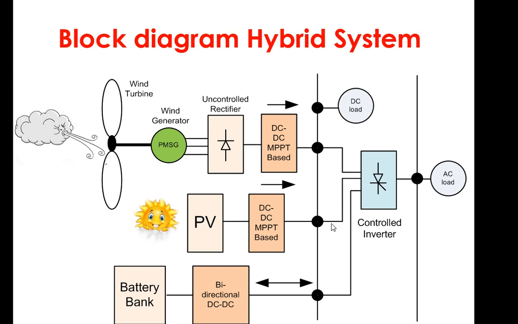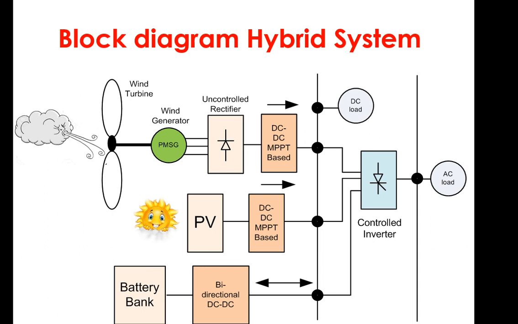Then at this constant voltage, some DC load is connected. Then we have a controlled inverter in this case, and then we can feed the power into the AC load. If you have a grid over here, then you may go through some videos that are already shared with you to check how we can connect these sources to the grid. Usually by adding the grid, we are increasing the reliability of the system.